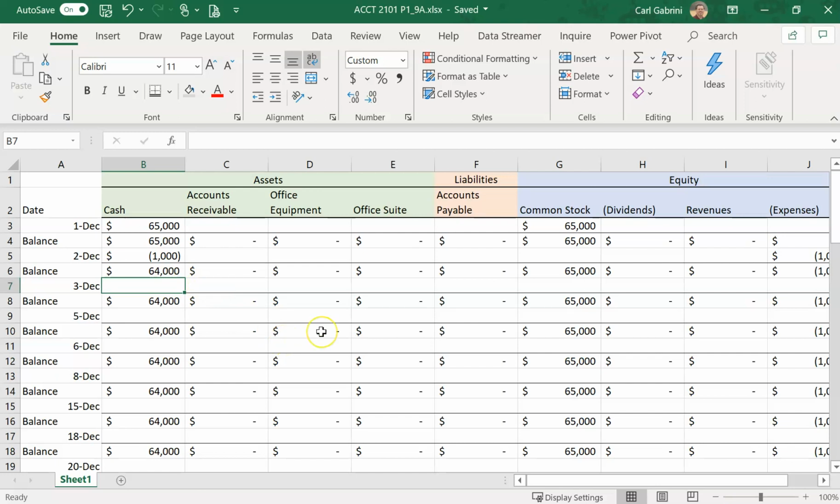And so what we have here is we have an increase in what? Well, we've got an increase in, we'll have to call it office equipment for